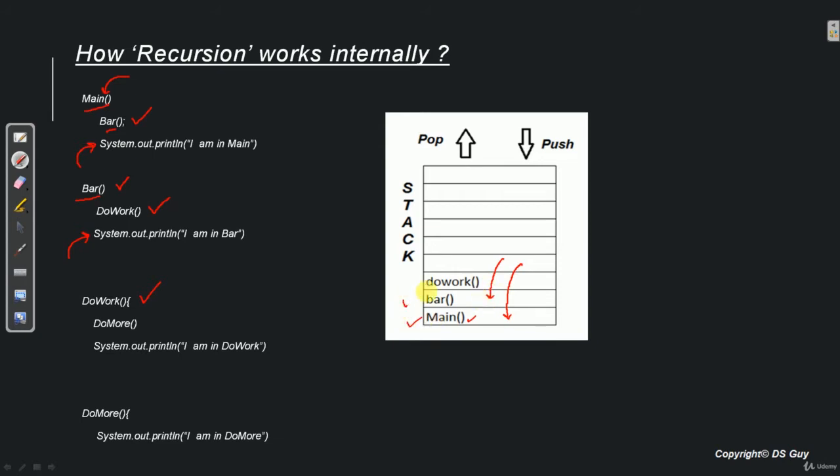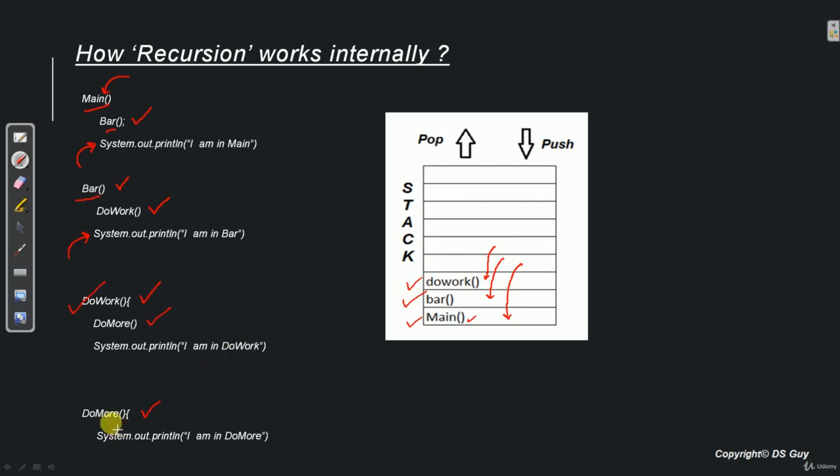So we have bar method in the stack right now. Now once the control is in do work method, the first statement we see is do more method. So once again the control goes to do more method, and do work method needs to be stored somewhere. So this again gets pushed into stack. So we have do work method here.